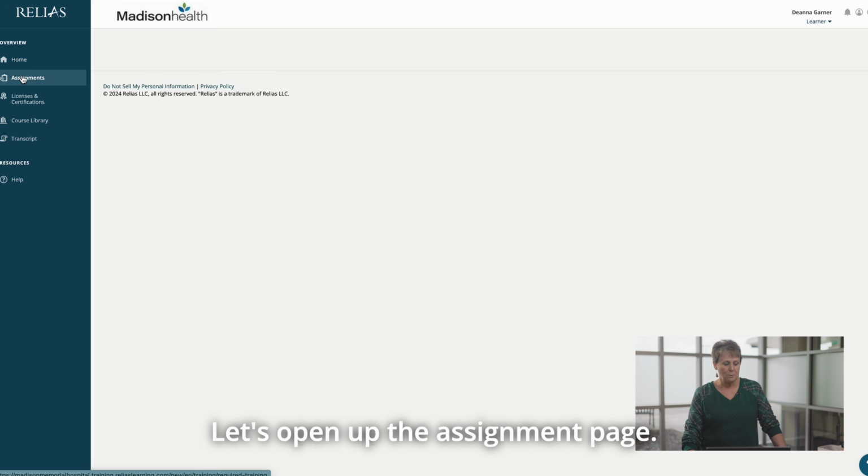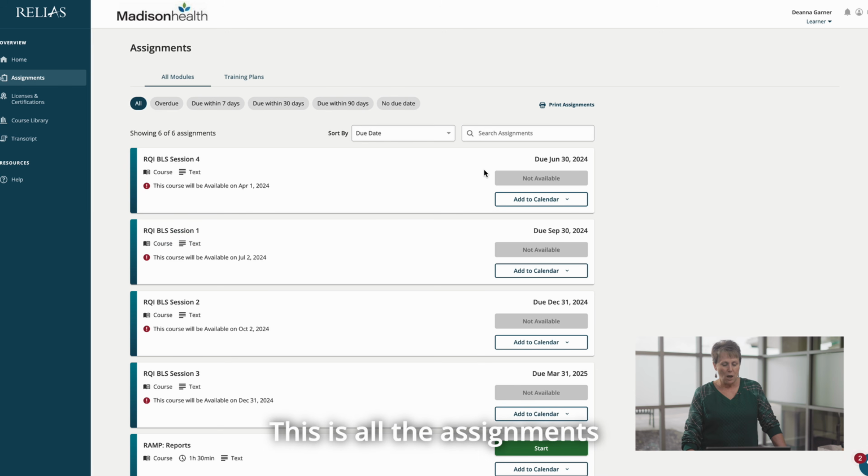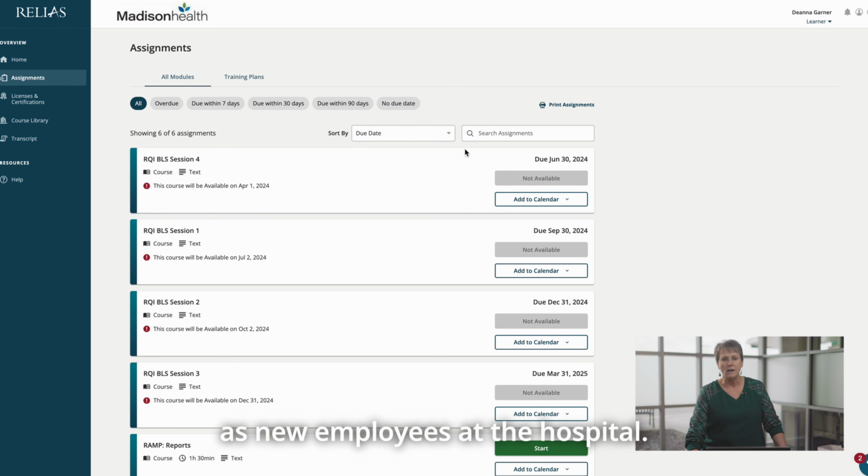Let's open up the assignment page. This is all the assignments that you are required to have as new employees at the hospital. You'll notice that there's the name of the module, how long it should take you to do it. It'll tell you the due date, and then the little green box that says start, you just click on that to open the